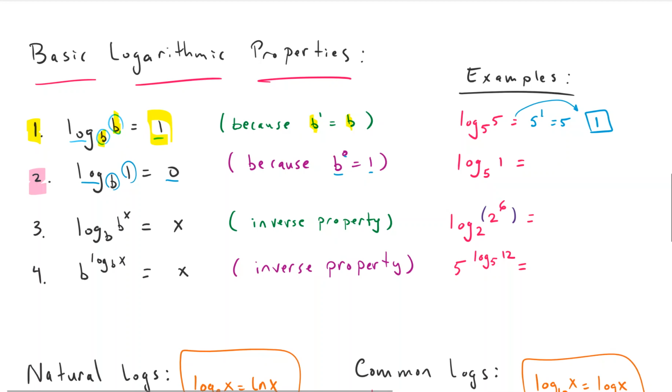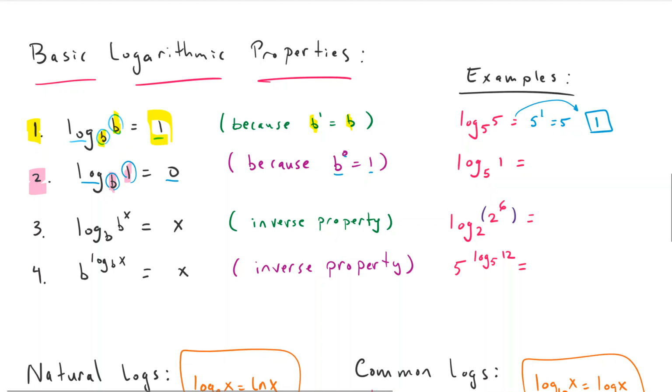It's asking you a question. What do I have to raise b to get 1 back? What power must I raise b to get 1 back? And it's 0. So over on the far right, our example,